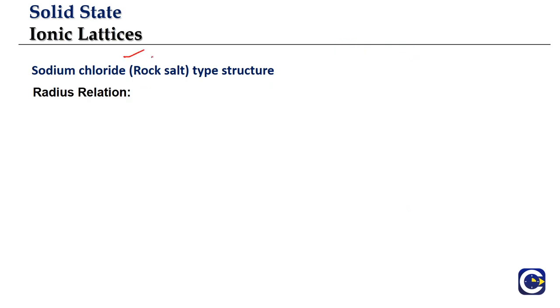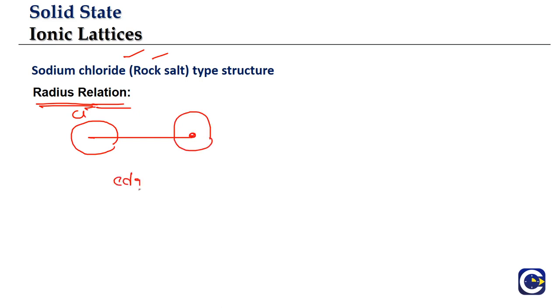Now this is where I was talking about the numerical application. So the radius relation of cation and anion is where we'll have numerical problem scope. This kind of questions we'll generally get on one, the rock salt structure, and second is the cesium chloride structure. So what is the radius relation? If you look at a sodium chloride type of arrangement, we said we'll have the chloride ions sitting at the corners. So I'm looking at one edge, I'm focusing on one edge.